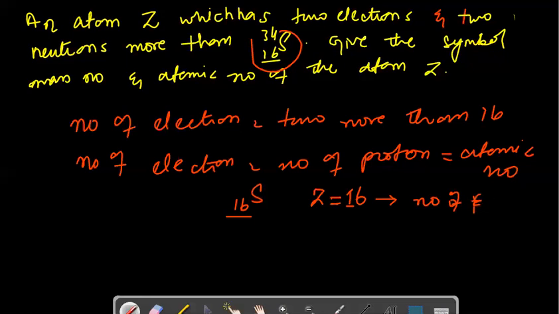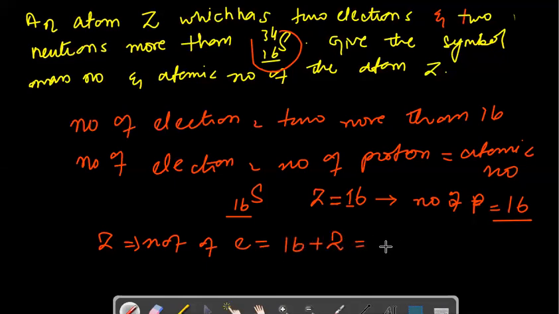That would be equal to 16. And the species which is given has 2 electrons more than this. So the species would have 2 electrons greater than 16. So this Z will have how many electrons? That would be 16 plus 2, which would be equal to 18. Okay. Similarly, if we talk about the atomic mass or